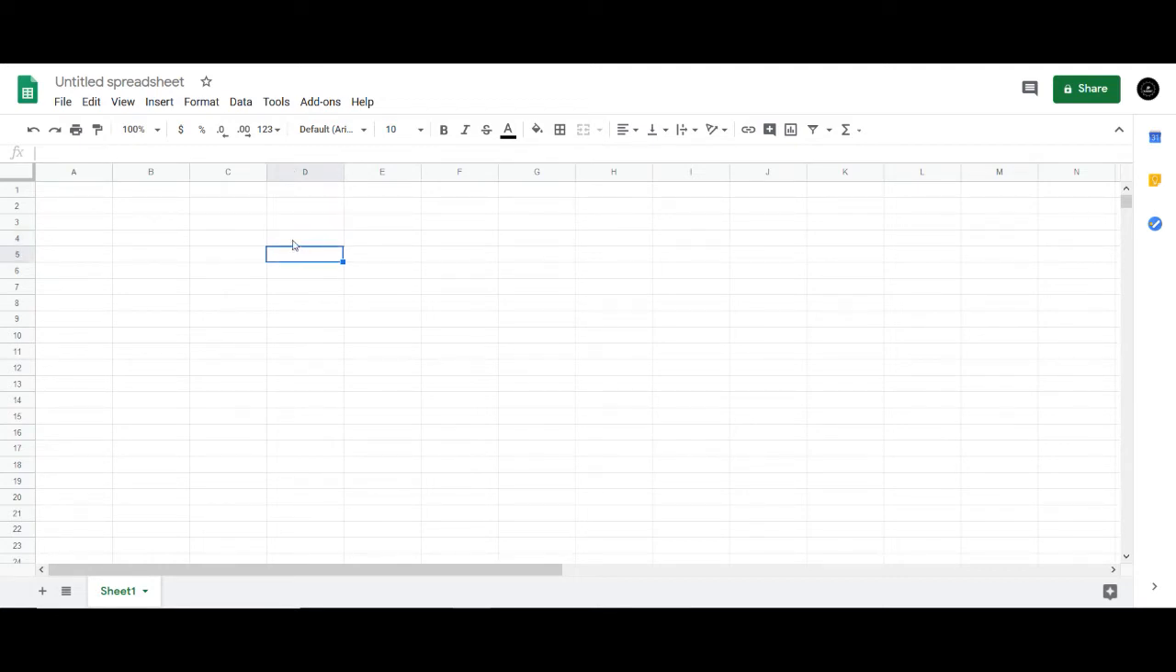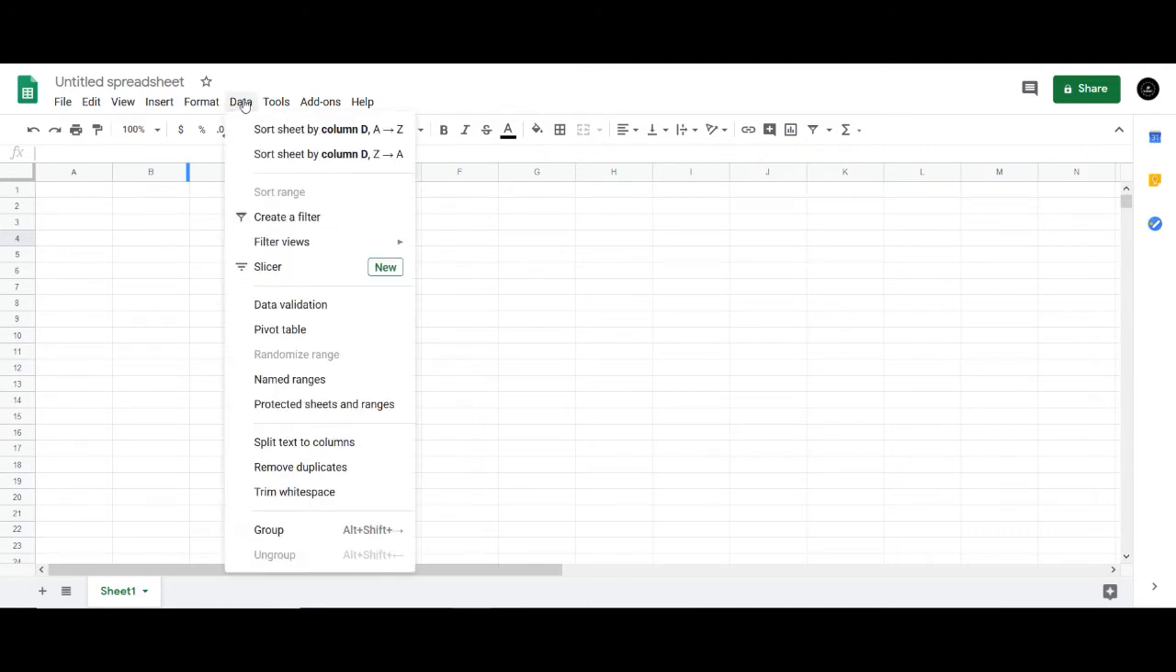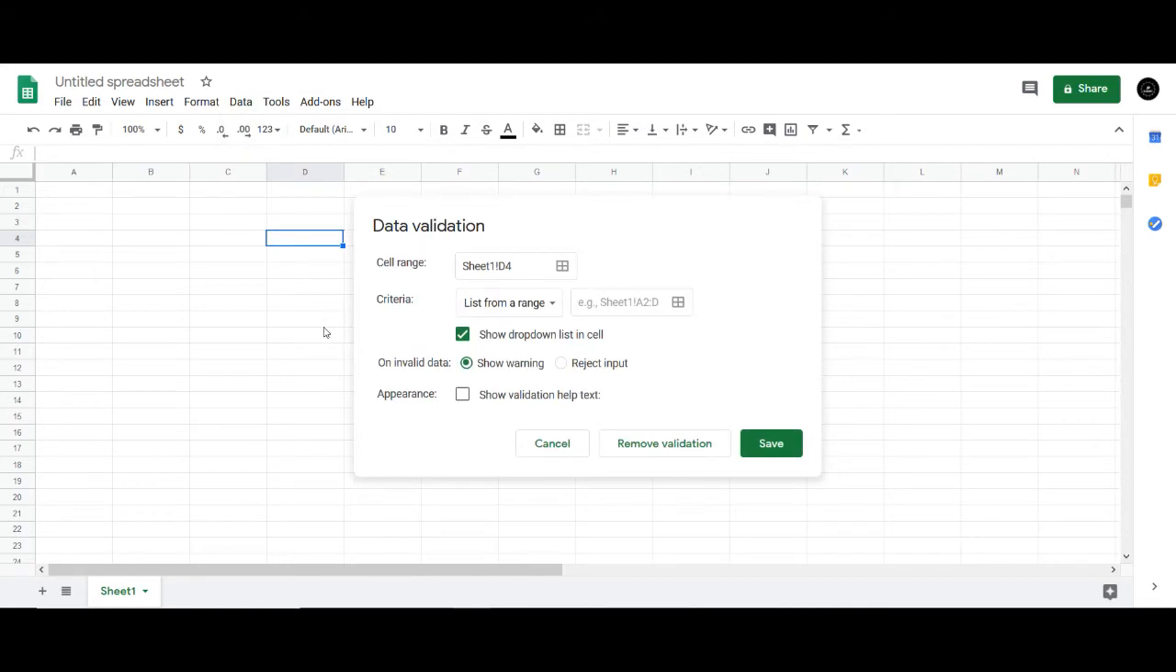So select this cell and go to data option. After that you have to go to the data validation, and in this you have to select the cell range. So for example, this is the selected cell which you can see now here. Criteria, for selecting a criteria you have to make sure that you put in the items which you want to